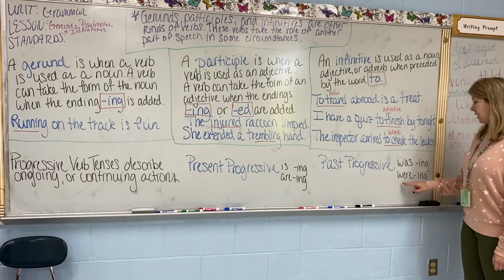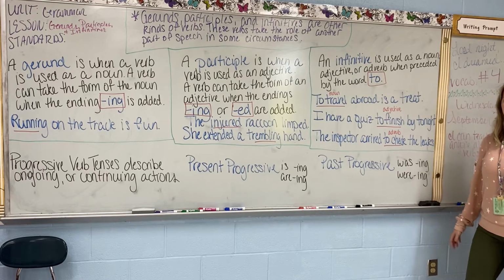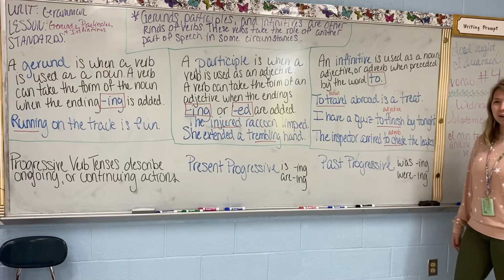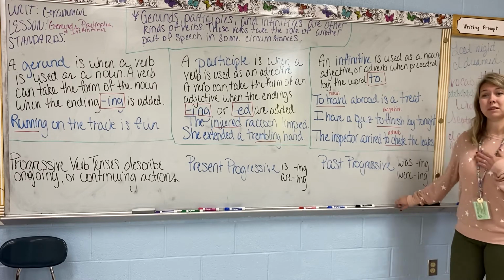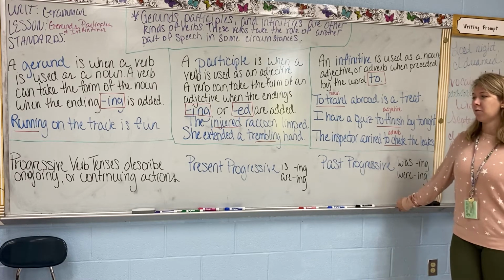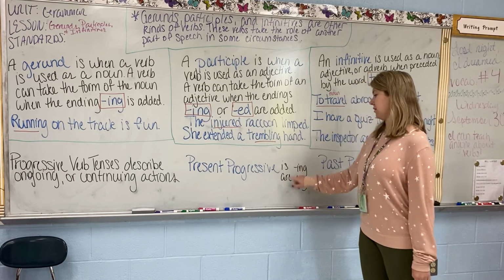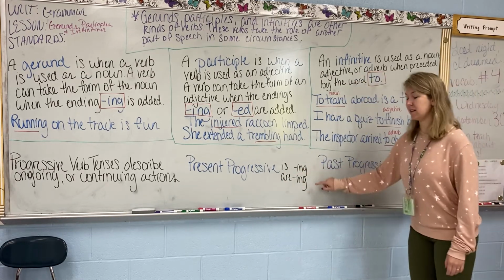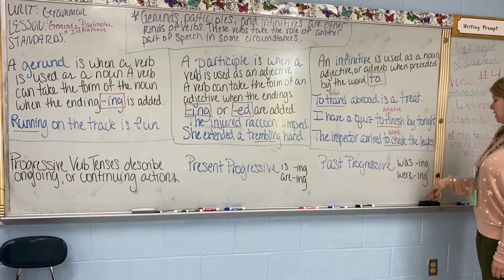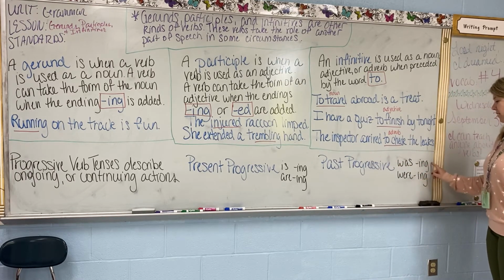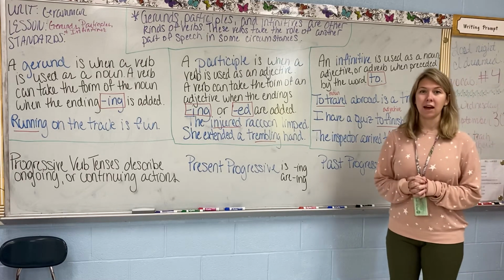And then we can make it plural. They were jumping on the trampoline, or they were running a marathon together. Again, if you guys have any questions over this, please let me know. One more thing I do want to point out, whenever it is present tense, it's going to use is or are in front of the ing verb. And then for past progressive, it's going to use was or were in front of that ing verb. So again, if you have any questions today, or really any